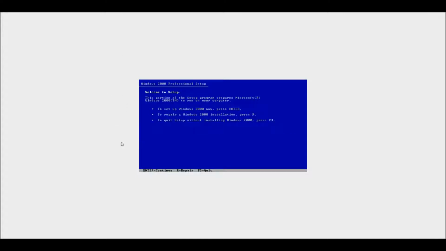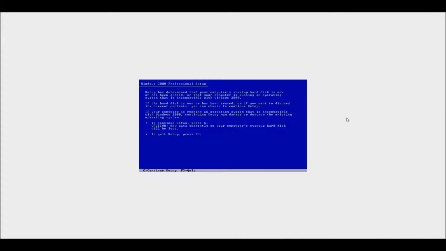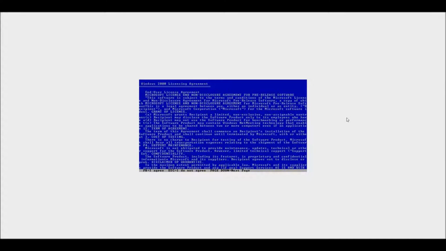Notice it's weird, the branding on this one, because it says Neptune setup and starting Neptune, which is strange. Anyway, here it looks identical to the Windows 2000 setup, which is strange. So let's go ahead and install it. Continue, C, F8,